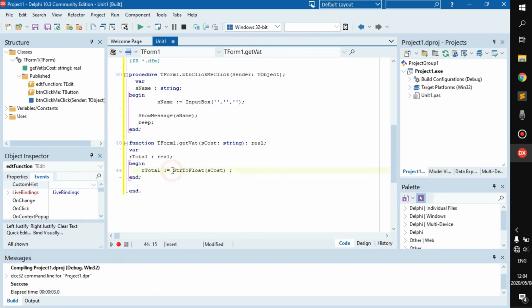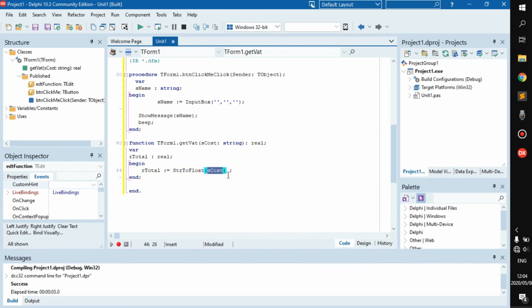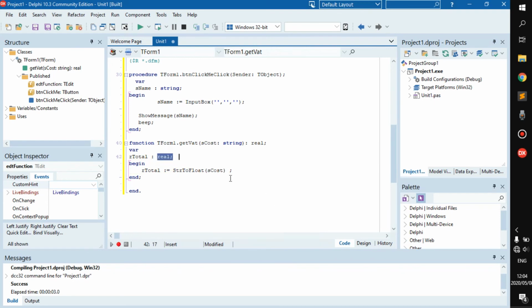So basically, this is also a function. If we go here, it returns a System.Extended. Basically what that means is it just transforms isCost into a floating point value, into a real. That's all it does, but it's still a function because it returns something and you can put it inside of this. Just like with the last one, if I go isName and do this,